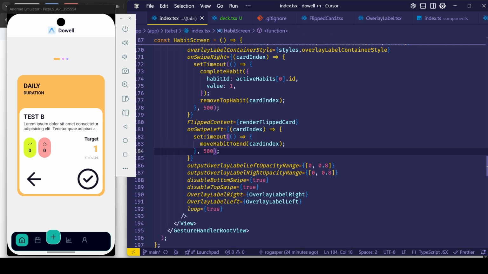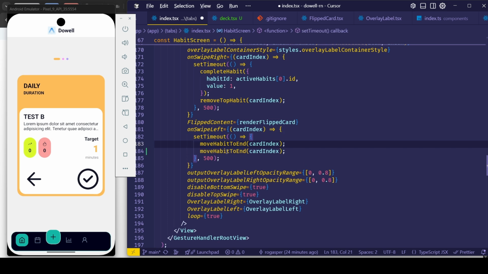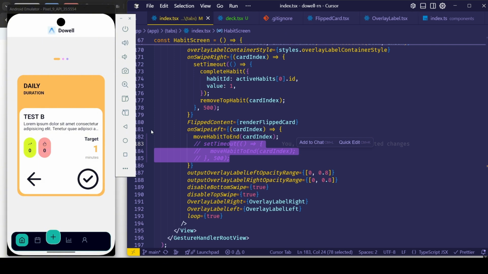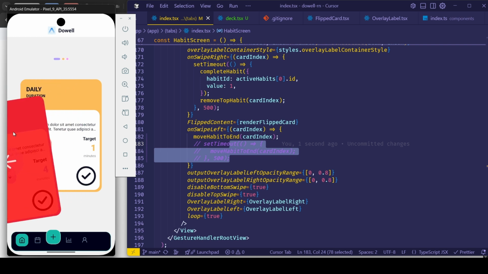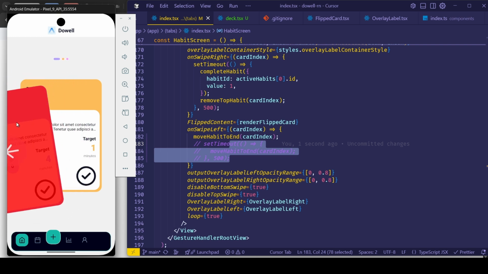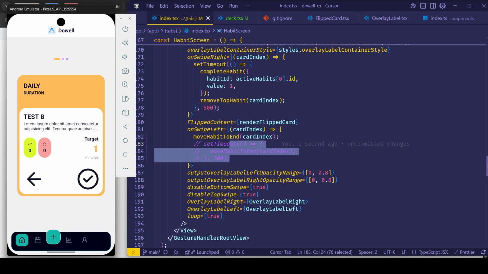Why do I use setTimeout before we call moveHabitToEnd? Because I'm just practicing live here. It is commented, you can see it. If you don't set the timeout, there is no animation and it just lags when you swipe left, because the default duration for the animation is 500.